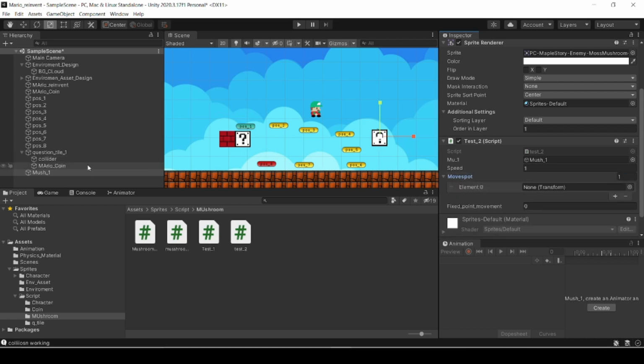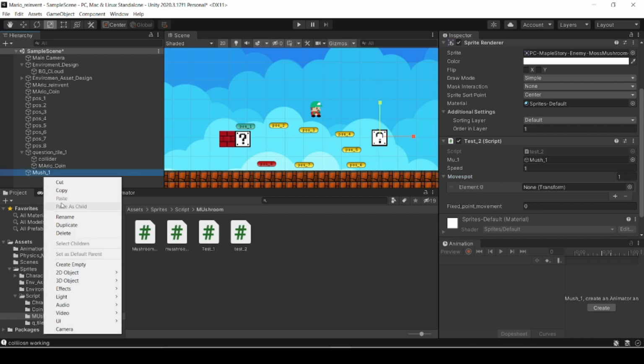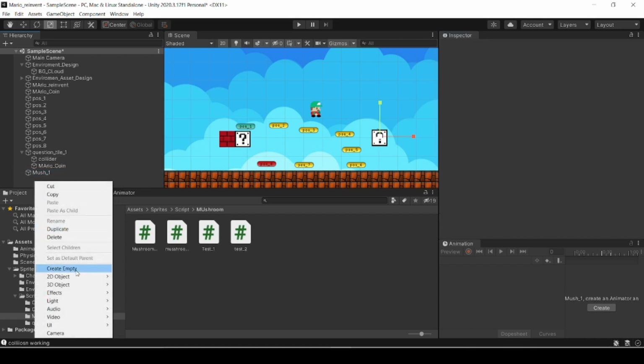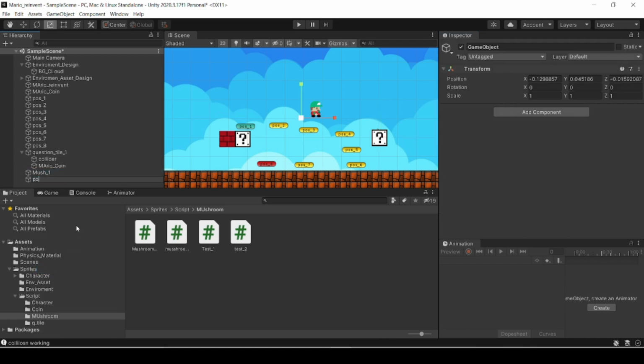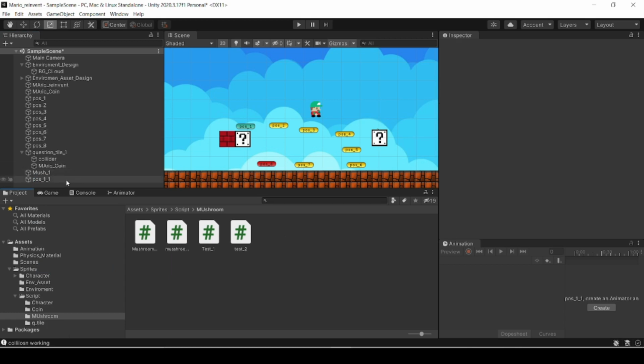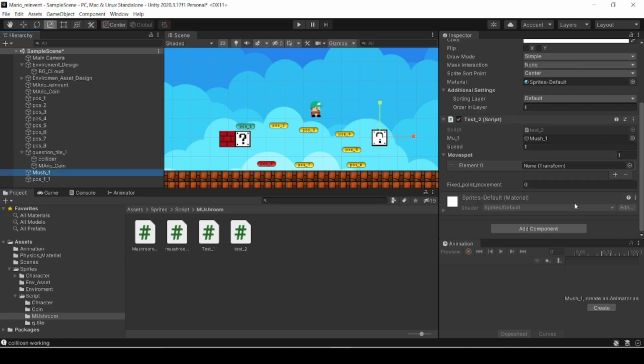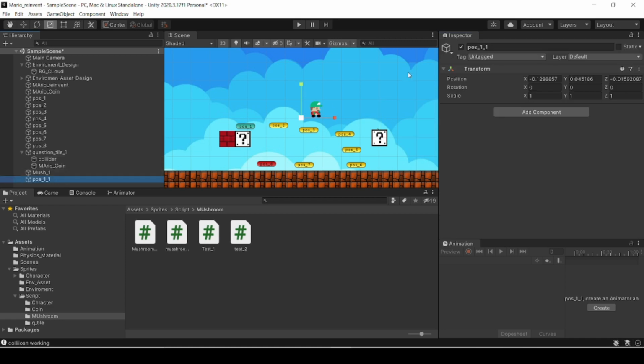This one is 0. So here I'm going to create an empty object named position 1. Okay, so where our mushroom is here, I'm going to declare it here, the position 1.